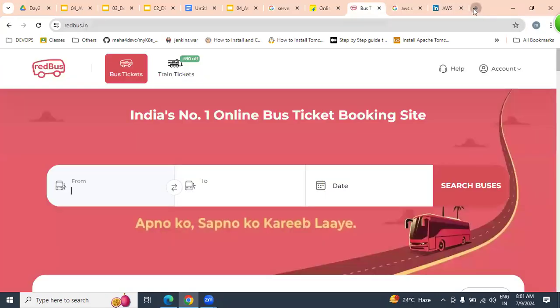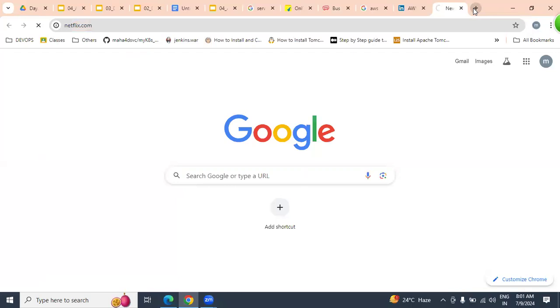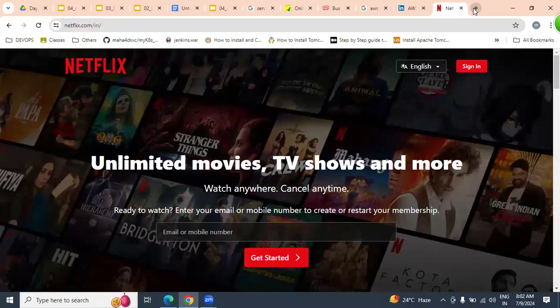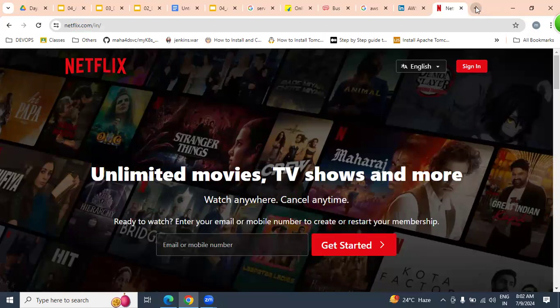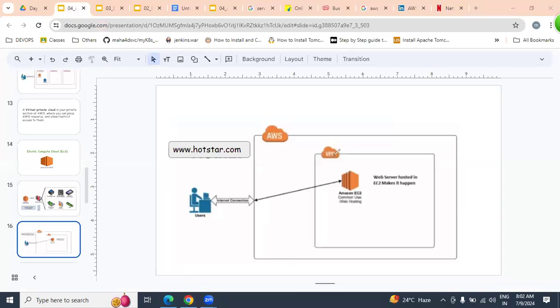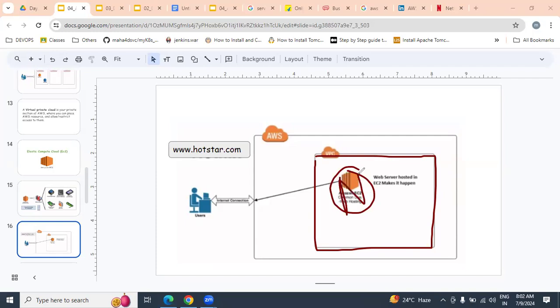One more time. I want to deploy a Netflix kind of application. First, what do I need to do? We are going to create a network. Then we're going to create a server. Then we are placing a website, deploying our websites on hundreds of servers. We call it public or private or community or hybrid, whatever it may be. Once it is placed, we can access it over the internet.